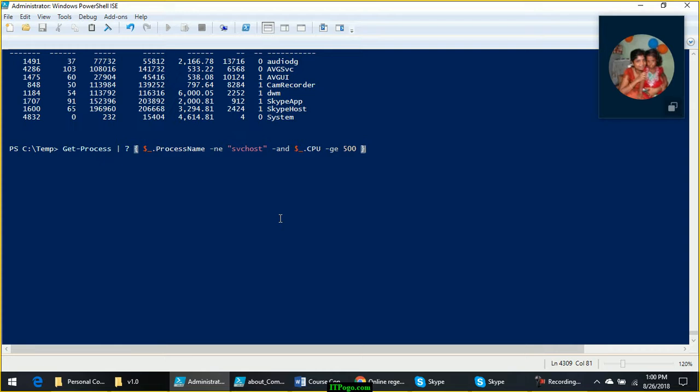Okay, now there is one more shortcut, but you cannot use it with AND. When you are using only one single property like this, let me just show you. Now we are not using two conditions, only one condition, right?